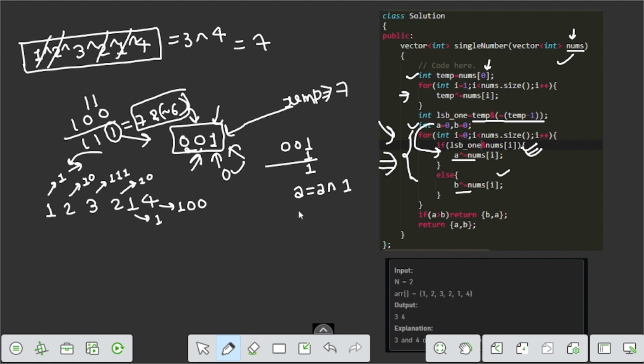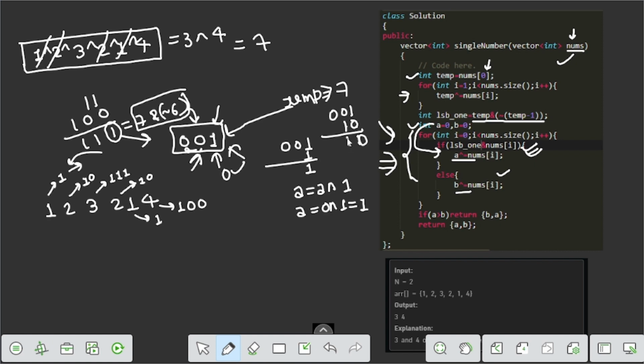So this is true, then we calculate a which is a XOR nums of i. A is initially 0, so 0 XOR 1 is 1. In the next iteration we again check the LSB AND nums of i. The LSB is 0 0 1 and nums of i is 1 0, so the AND is 0 0 0, which is 0.